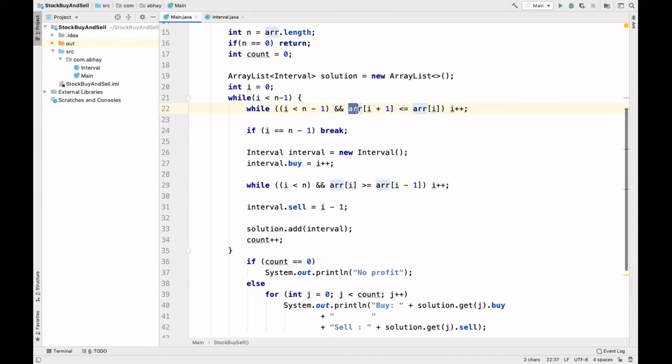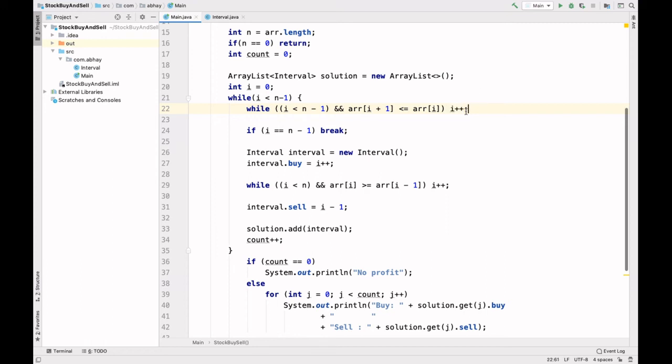Now if you look carefully here, arr[i+1] is less than or equal to arr[i]. This code is basically for the maxima, but we have to find the minima here. So what we are doing, as long as we are finding the maxima, we are just traversing. That is, pointer is shifting every time we are finding the maxima.